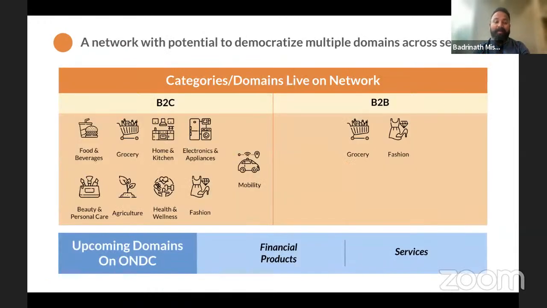As we speak, food and beverages, grocery, home and kitchen, electronics and appliances, fashion, beauty, agriculture, mobility, health and wellness are all active categories on ONDC. Grocery and fashion are available on B2B. The exciting domains like financial products and various services are going to be live very soon on ONDC buying applications and bought by ONDC enabled seller applications.